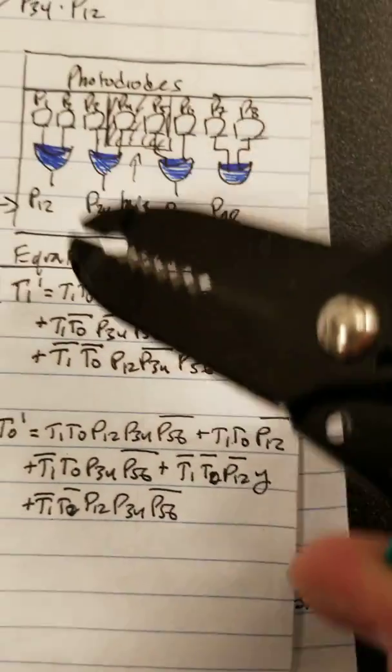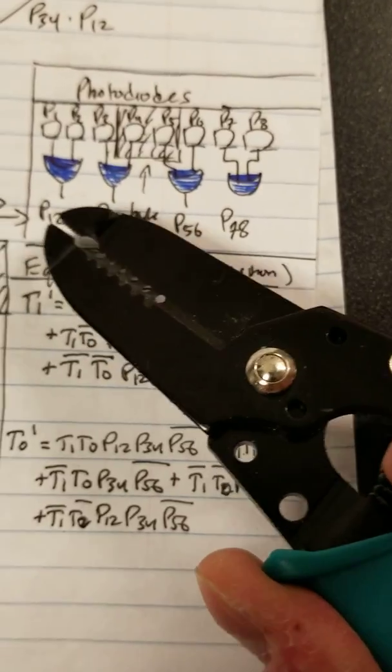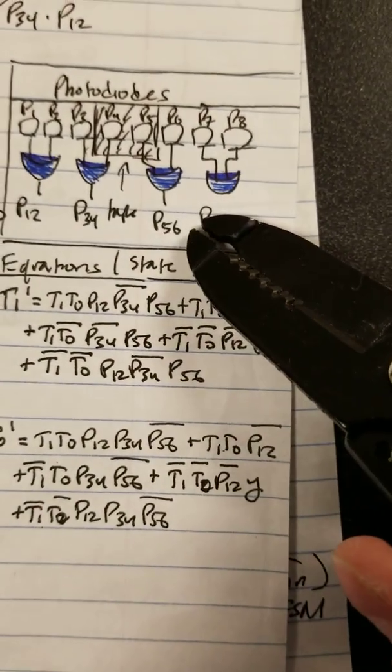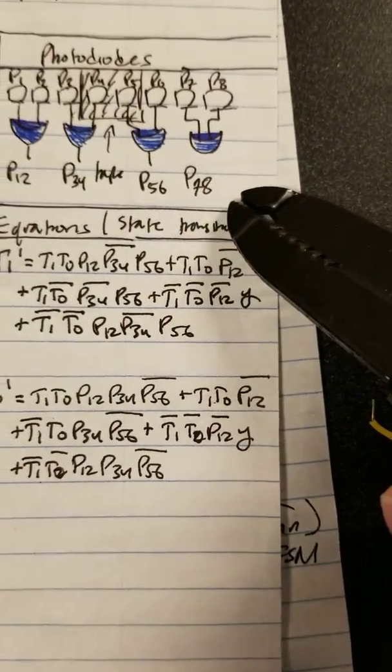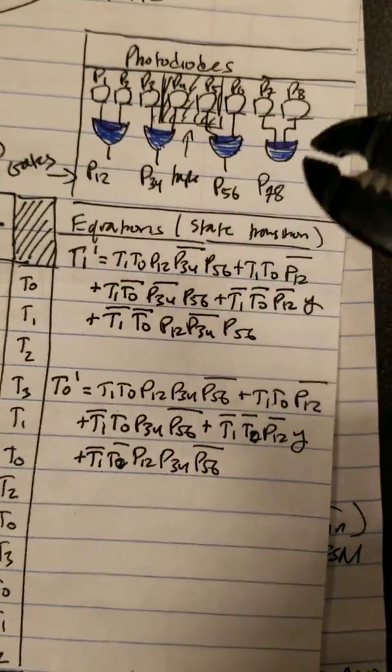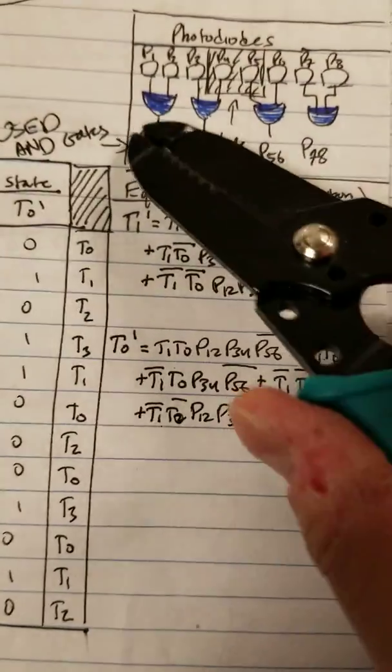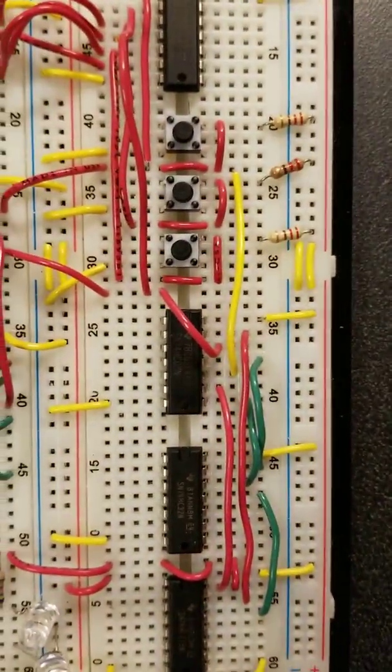So the leftmost photodiodes are P1 and P2. Then the middle 4 are P3, P4, P5, P6. And P7 and P8 are the rightmost. However, in my logic, we are not using P7, P8. We're only using these 6 photodiodes, and therefore these 3 combinations. Moving back here,